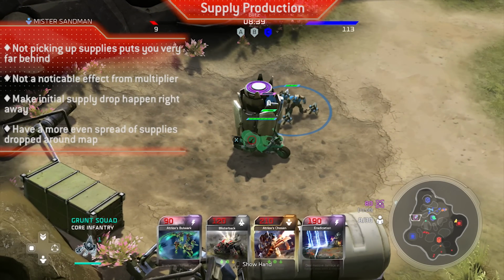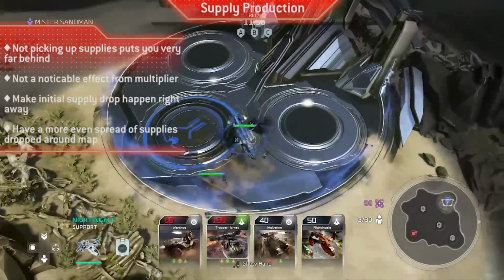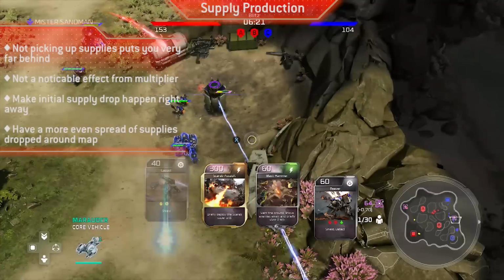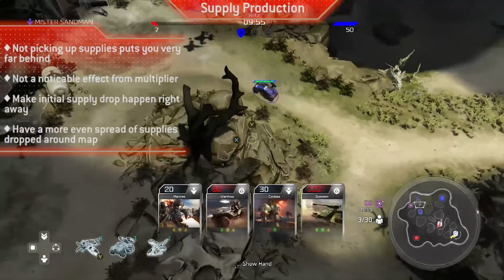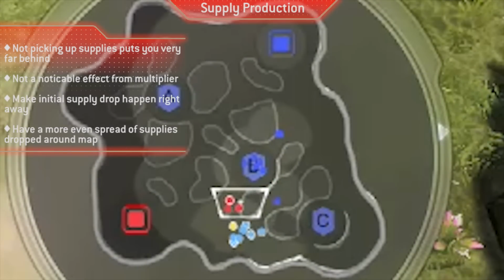Speaking about resources, I think the initial drop of supplies should be instantaneous so that you know exactly where to send your units right out of the gate. Following on from the previous point, I think that there is too much benefit to collecting the supplies. Why? Well, it's not so much the supply boost you get, but the fact that the spawn locations are completely